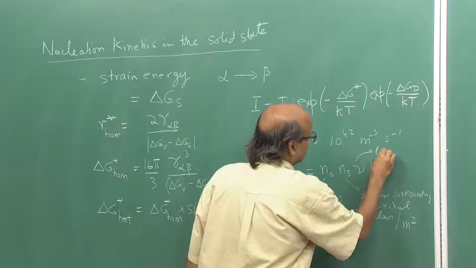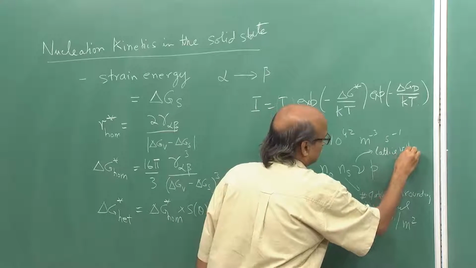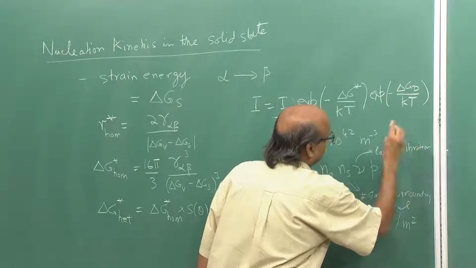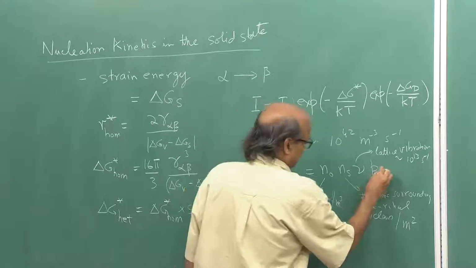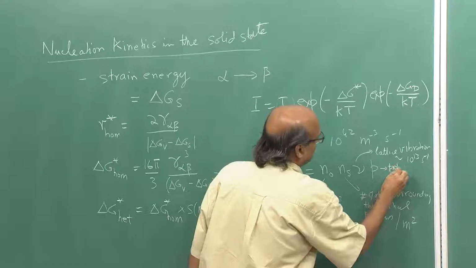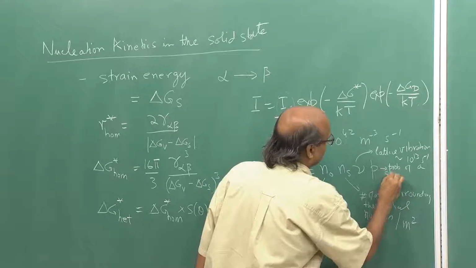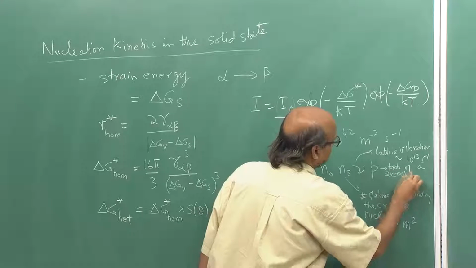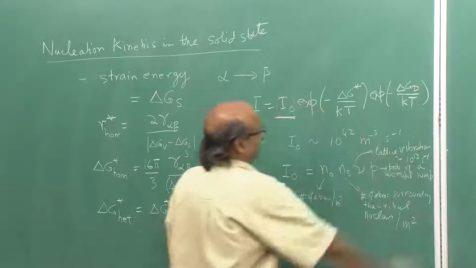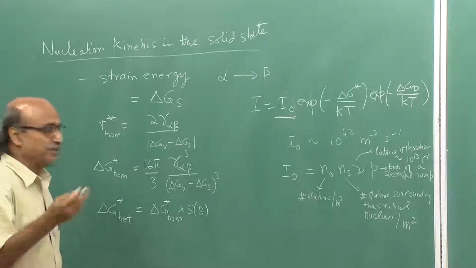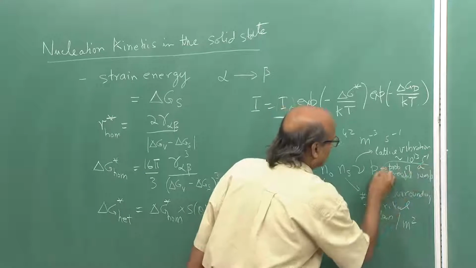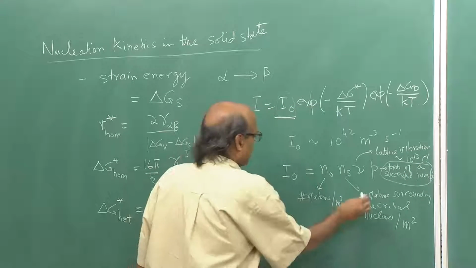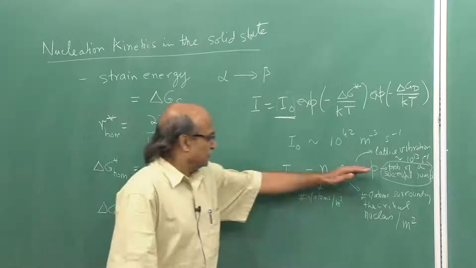This is the lattice vibration frequency, which is of the order of 10 to the power 13 per second, and this is the probability of a successful jump from an atom in the parent phase, and the atom joins the nucleus. Now, in all these terms,